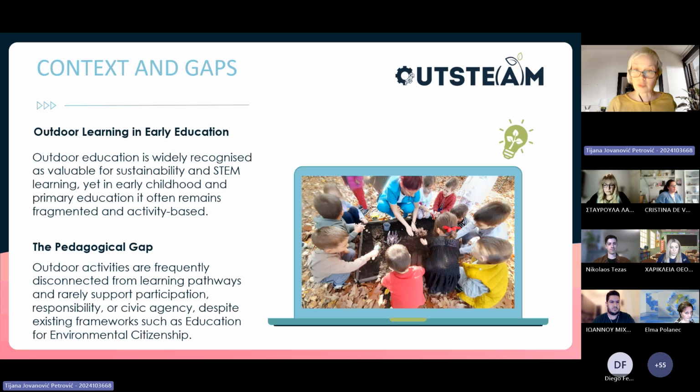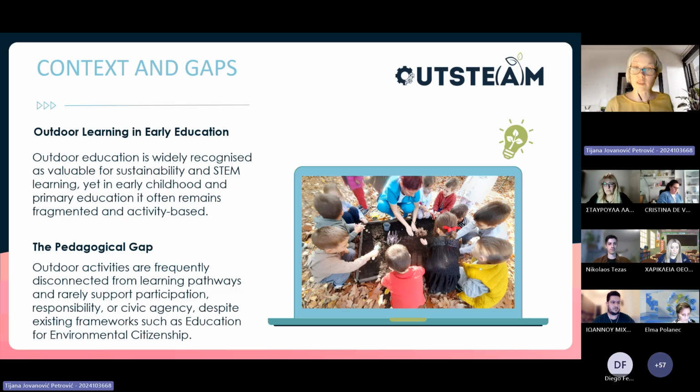Rather than treating STEM and environmental education as separate domains and solely as tech, the approach presented here shows how they can be naturally integrated through hands-on outdoor learning experiences. So in Serbia, outdoor learning in early childhood and primary education is present, but it is often fragmented and treated as an add-on rather than a structured learning approach, how we use outdoors to learn from it.